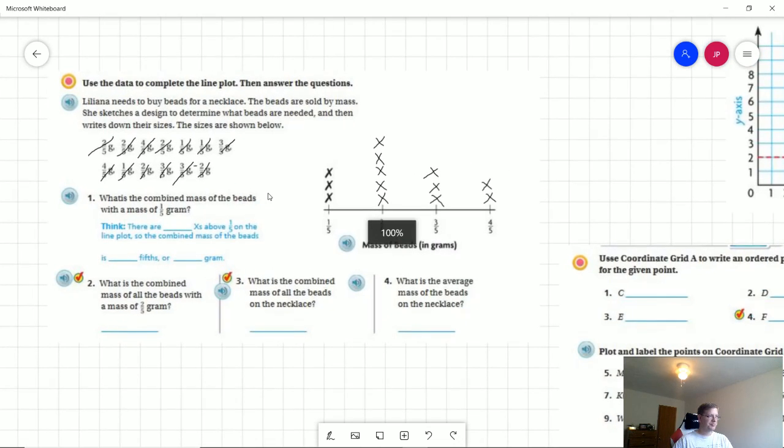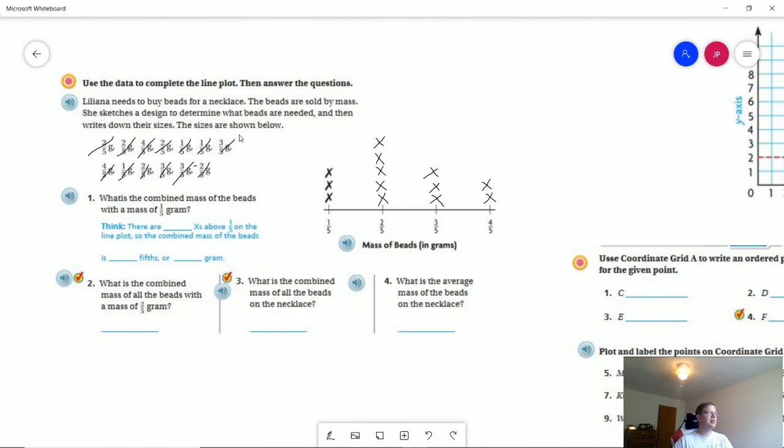So we've already got this here. I went ahead and put in the rest of the x's. Make sure you're very careful. I usually line through them, that way I don't make mistakes, but I still occasionally do that, so that's why I recommend that. We can go ahead and answer all of these questions. The first couple are going to ask for the total combined mass for this section, and then the total combined mass for this section. So I have 3